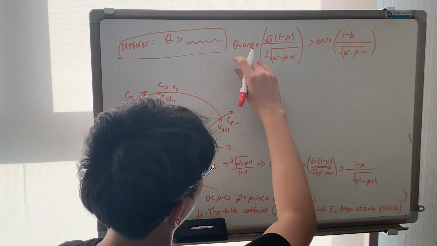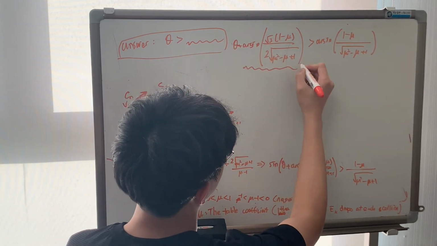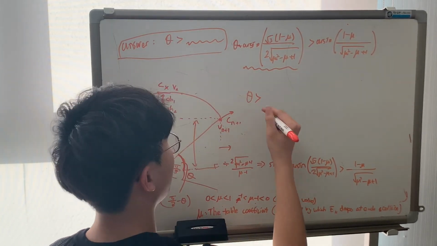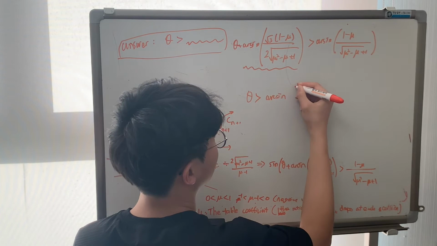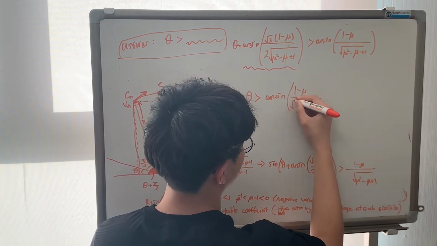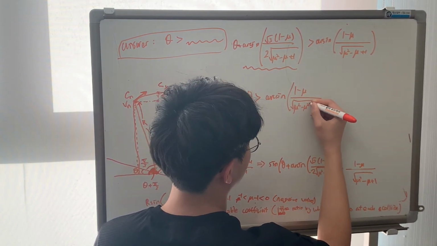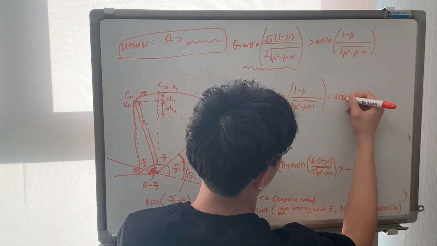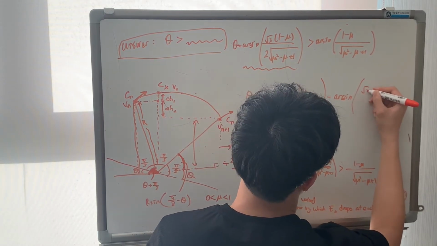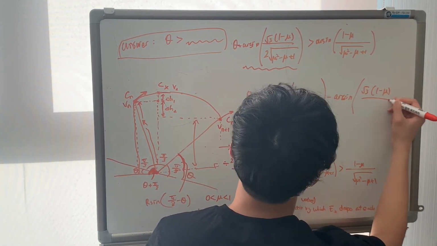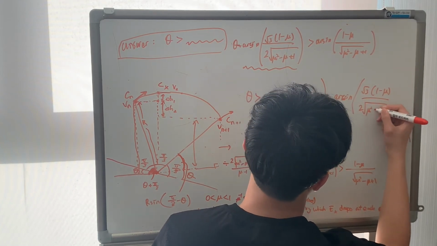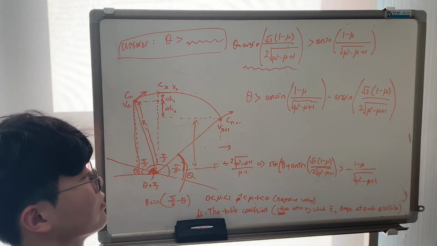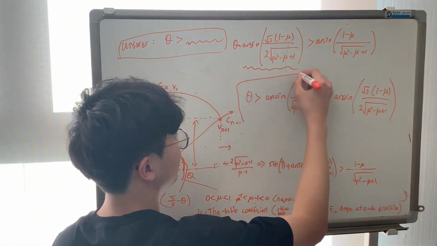And because there's a plus here, we're going to subtract this whole thing from both sides and get theta is indeed larger than arc sine of 1 minus mu over square root of mu squared minus mu plus 1, minus another arc sine of root 3 times 1 minus mu over 2 times square root of mu squared minus mu plus 1. And that is the conclusion of our video, because that here